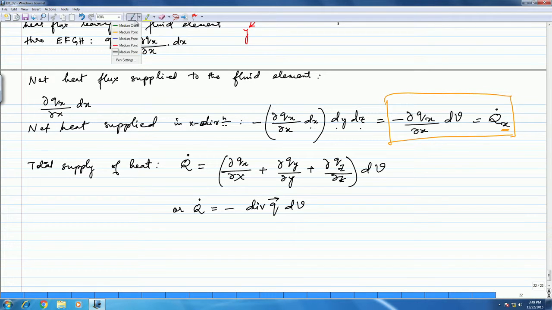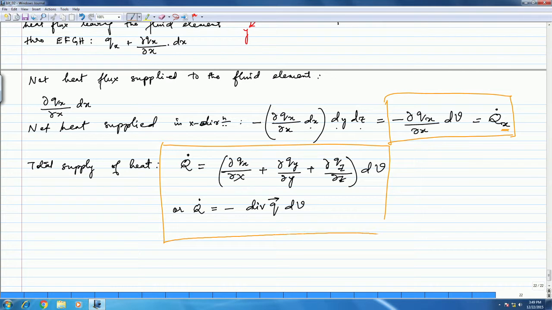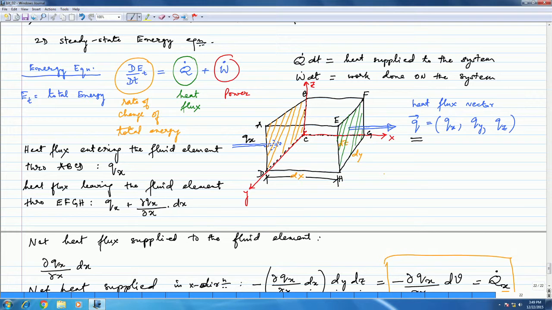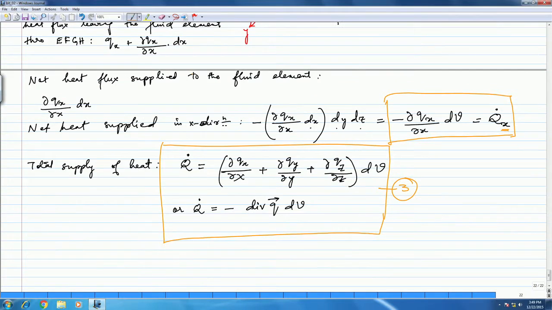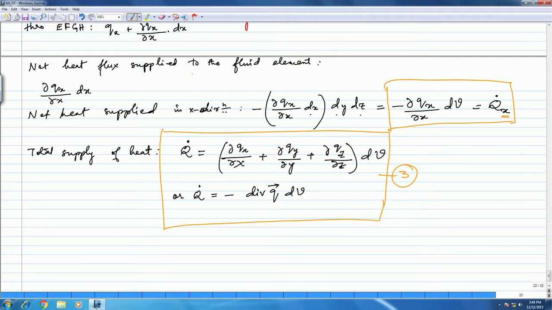So what we're going to do is keep this for our reference. As you can see, we've got an expression for q dot in terms of the total volume and the